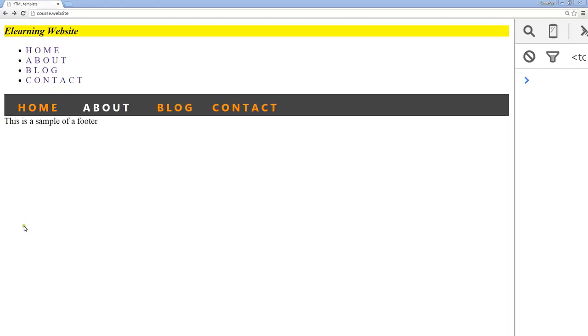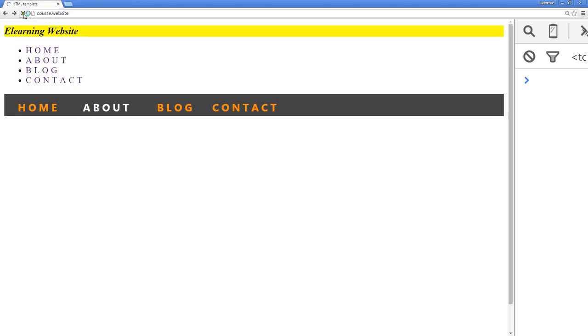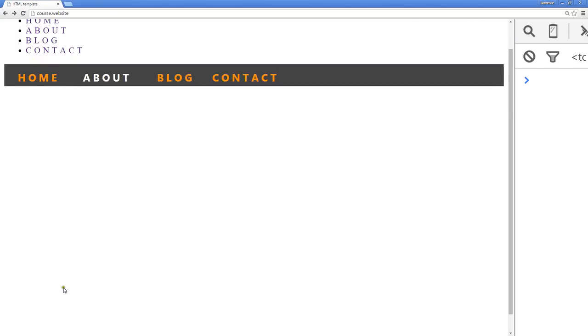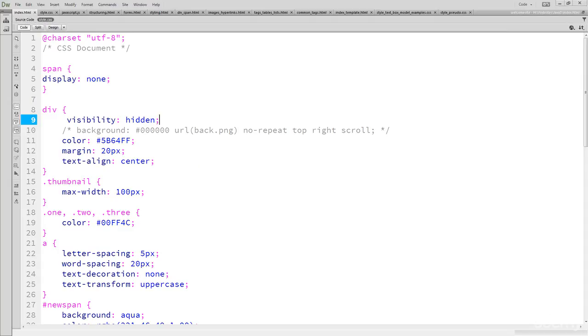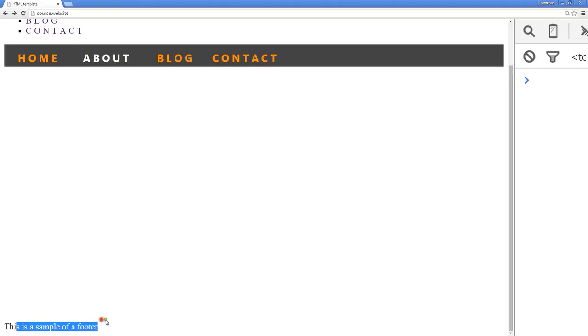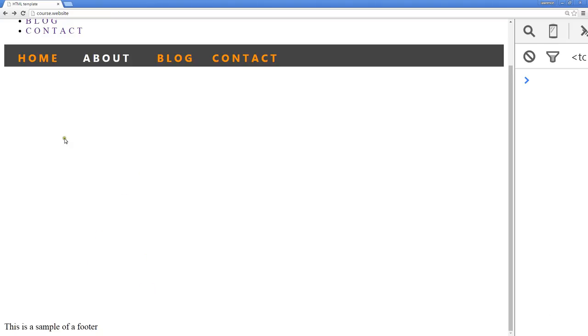Now you might be thinking, well, this is kind of similar to visibility hidden. So there's a visibility hidden and visibility show. And the difference between display none and visibility is that even though still nothing is showing up here for the divs, that we don't see anything on the actual page, if you notice that the footer actually moved right to the bottom. And that's because visibility hidden still reserves that spacing, as opposed to display none,